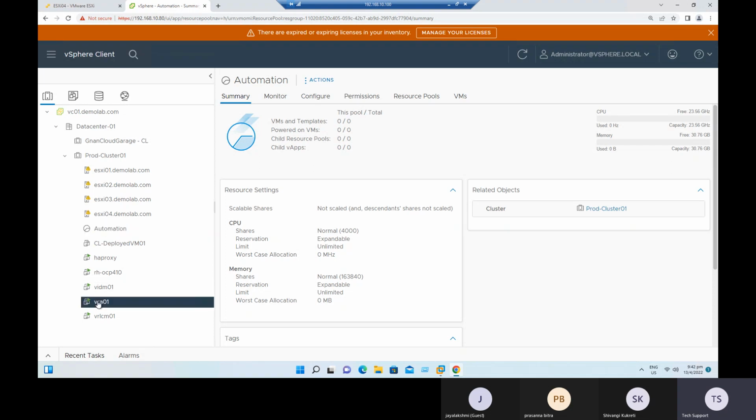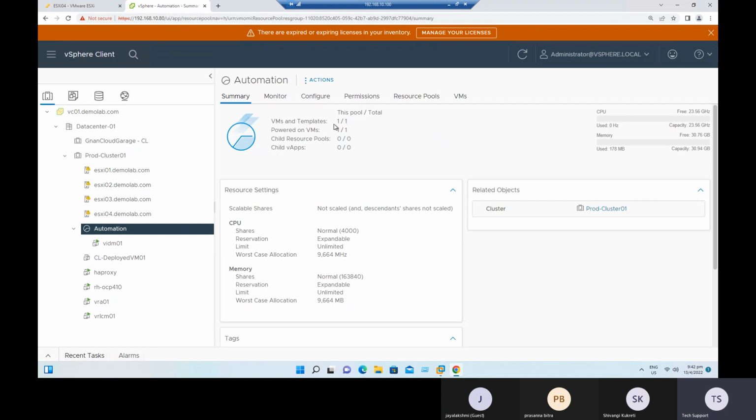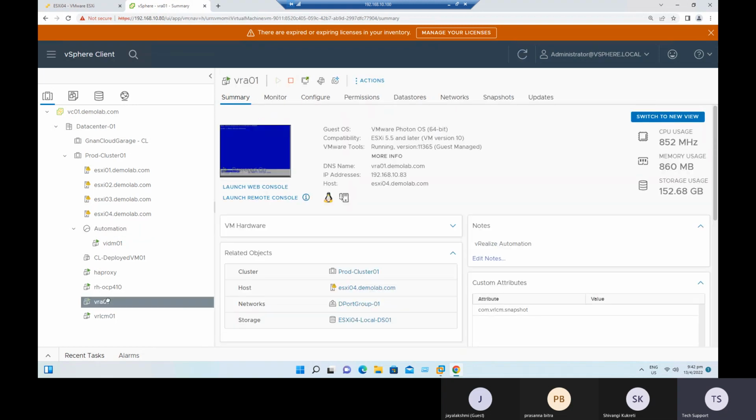Just select the virtual machine, for example, our identity manager VM, the VIDM VM. You can just drag and drop it here. When you drop it here, this resource pool is running with one virtual machine now. Okay. Same way, if you want to move our VRA VM, the vRealize Automation VM, just right click the